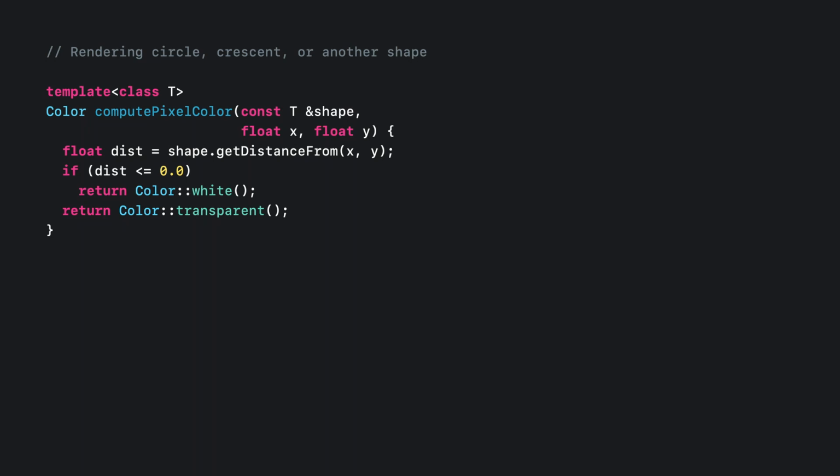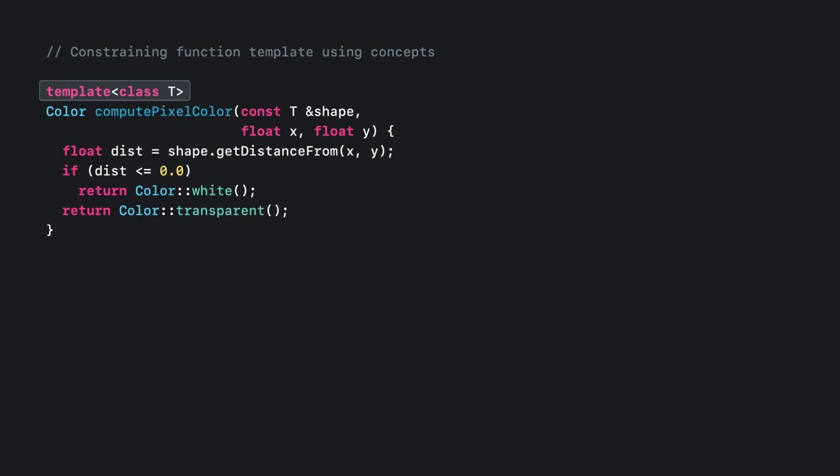The computePixelColor function takes in a shape value and checks if the given pixel is inside the shape. If it's inside, it returns a plain white color. This now allows me to verify that shapes can be filled in correctly. This function is a template which makes it work with any shape type, be it a circle, crescent, or any